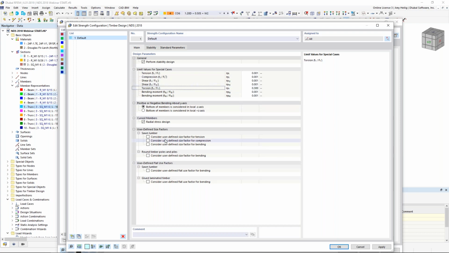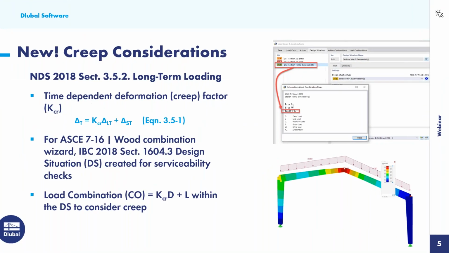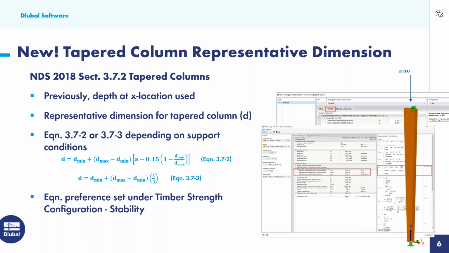So that's a little trick you can do here within these settings. Now we have some additional settings, including topics like the size factors, the flat use factors, and so on. Under the Stability tab, this is a new feature within RFEM 6 specific to the NDS. It is the representative dimension for tapered compression members. I'll go back to the PowerPoint to explain this in more detail. So again, a new feature here that we've added within RFEM 6. We're going to reference the NDS 2018 section